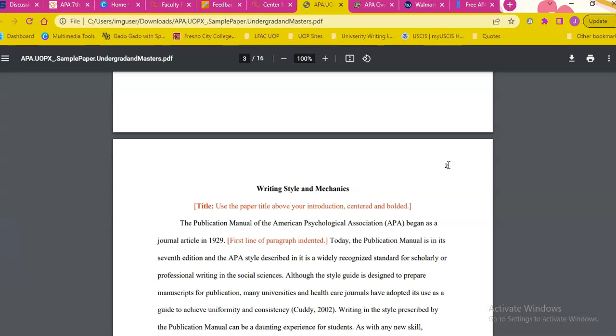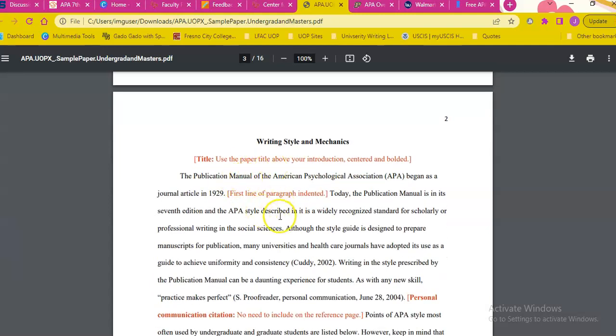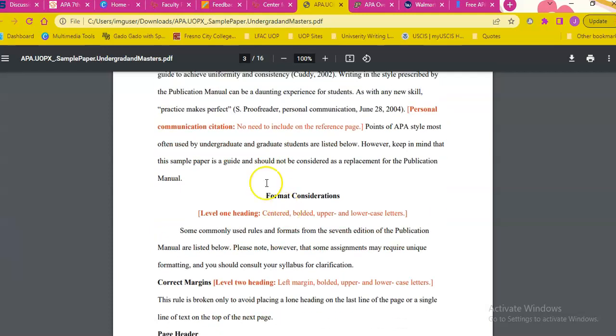And one of the questions was my number keeps going to the left, and that is because most likely you're using the header function rather than the page insert function. So there's more instructions throughout this to help you,